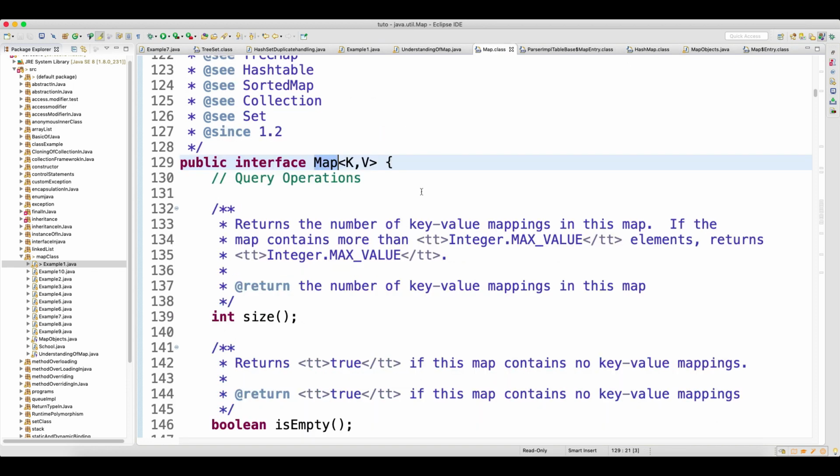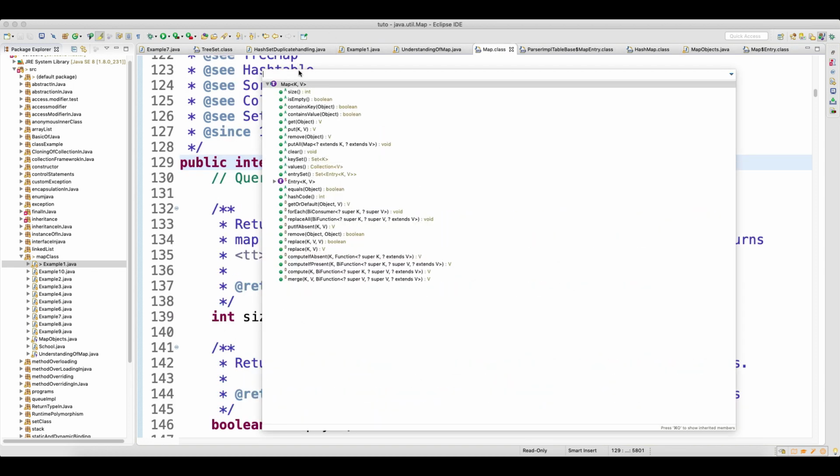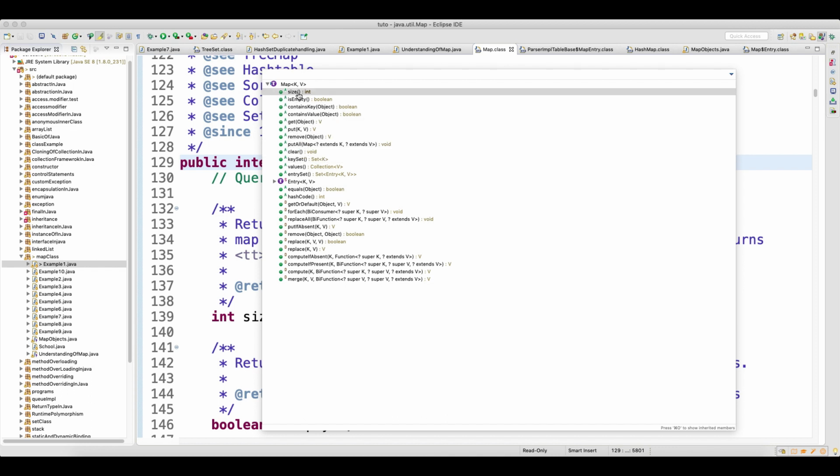Go to this map again and do Ctrl O. These are the methods you have: size, is empty, contains key, contains value, put all, key set, values, entry set. These are all present in the map interface. Then you have something called a child interface, or inner interface, the interface within an interface. This entry comes inside the map. That is the reason when you access entry, you will always access it through the reference of map.